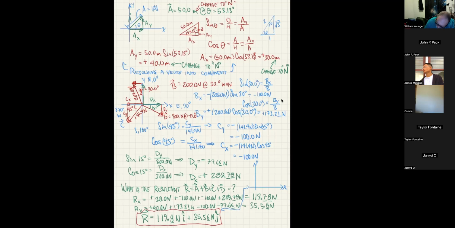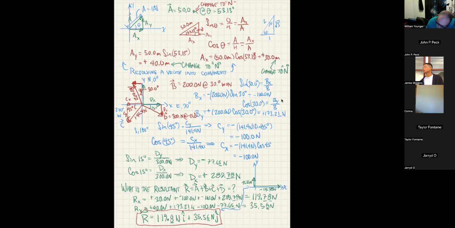So I would say my Y component would maybe be this, and then my X component would maybe be that. So this should be approximately 119.78 newtons, and this would be about